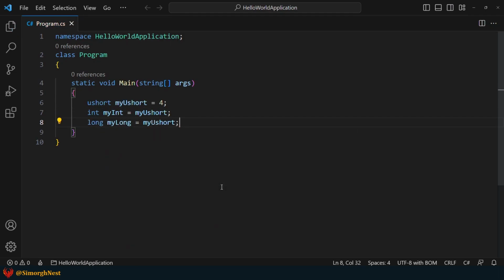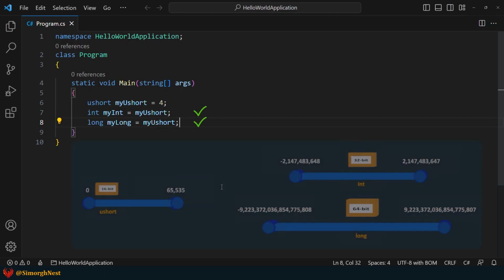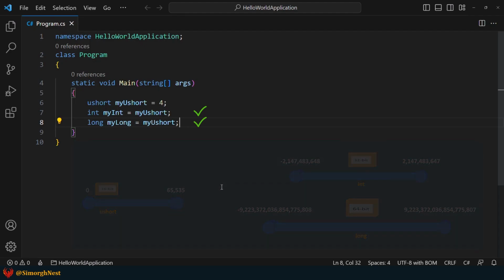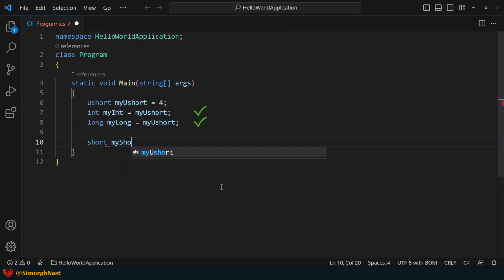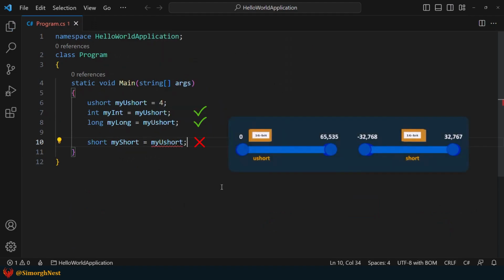As you can see, this casting is possible because int and long can represent a larger range of values than a ushort. But we cannot do an implicit cast from a ushort to short type as we did here, because a short cannot represent a larger range of values than a ushort.